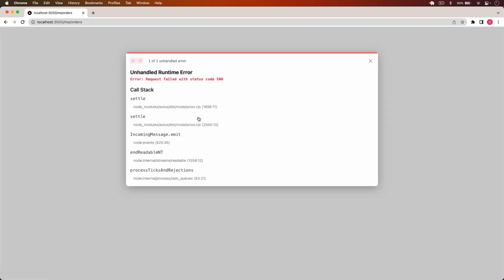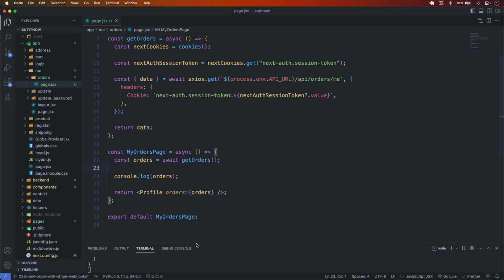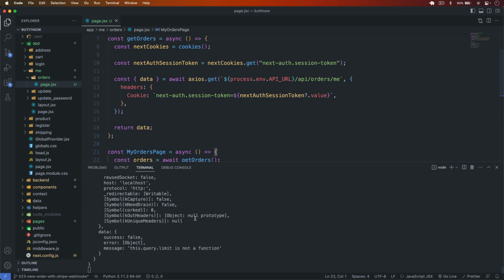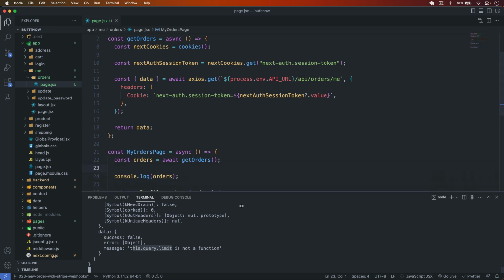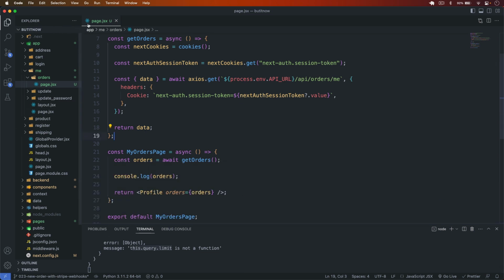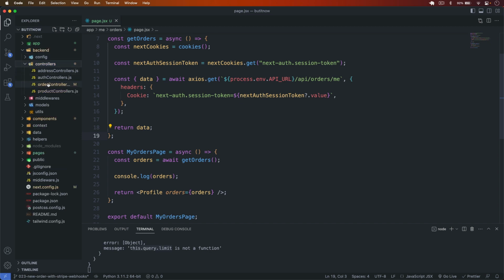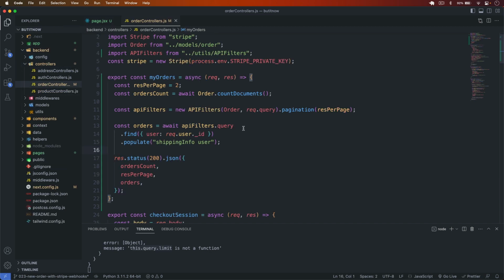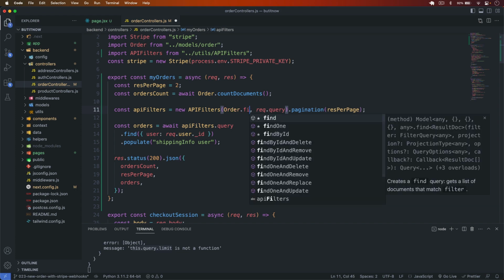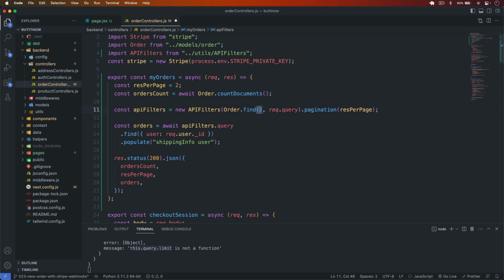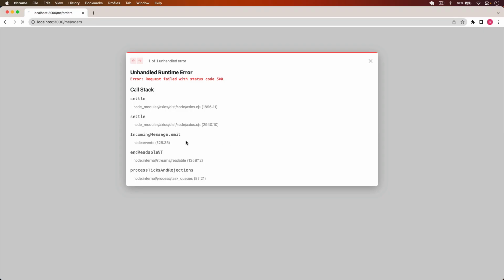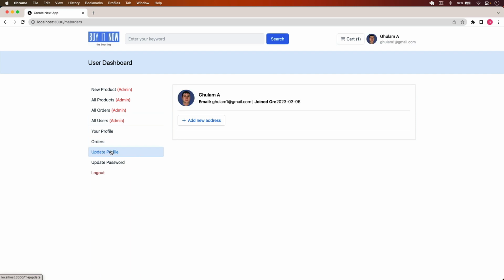Okay, and if I go back to here, we have some issue here. That is going to be this.query.limit is not a function. Okay, so I think we have an issue on the backend. So in the controllers, order controllers, I type here Order.find, save it, and now if I reload this page, so now you can see that here now we are on